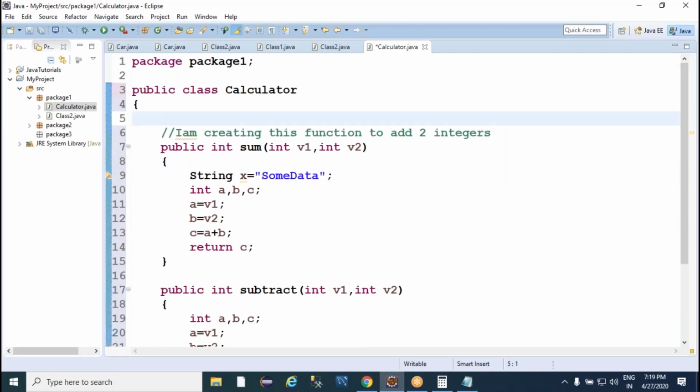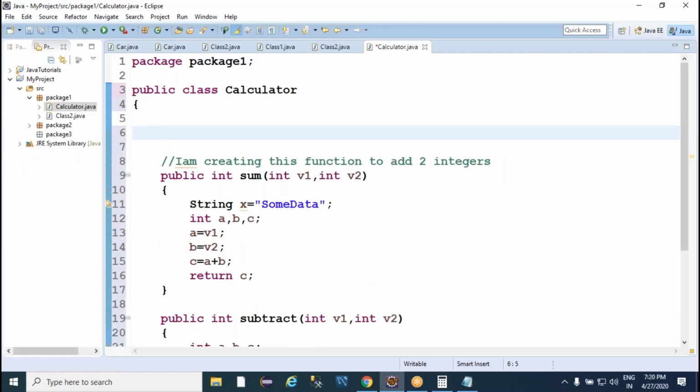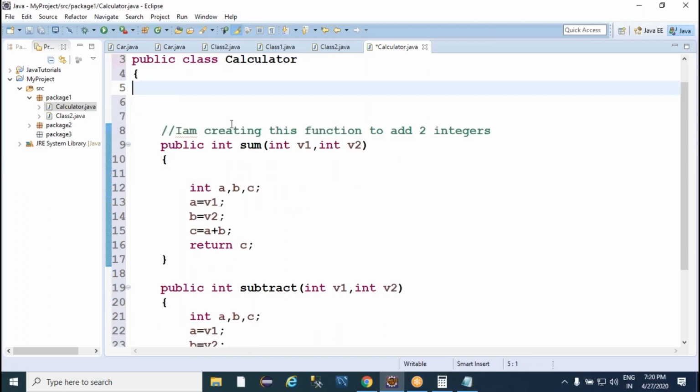Here, inside the class but outside of all the functions. Supposing this variable I'm declaring at class level, I can access the variable